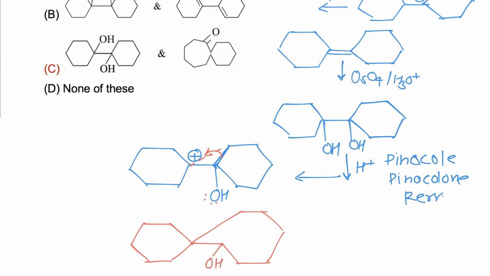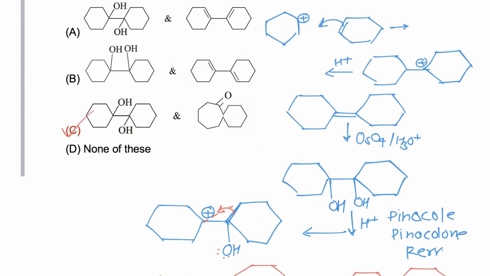Now this ring is stabilized by the alpha effect of oxygen. Now H proton is removed and the ring will be converted from 6-membered to 7-membered. So now this is formed as the final product, and hence the correct answer is